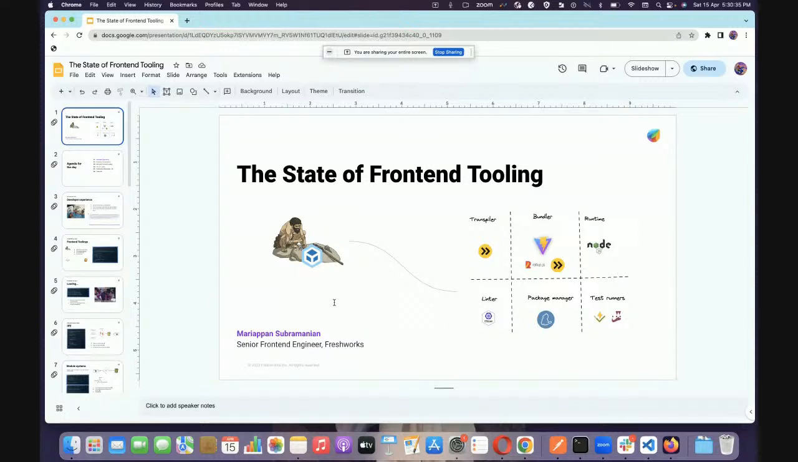So why do we need a bundler or any front-end tooling? There are many use cases, but I'll go here, specifically on developer experience. So why should we care about developer experience in general? See, any company, if you take like